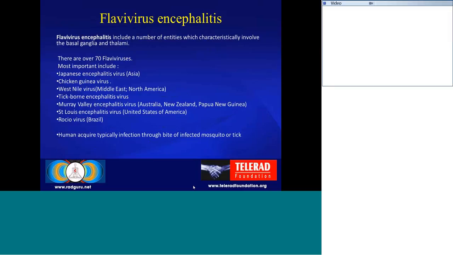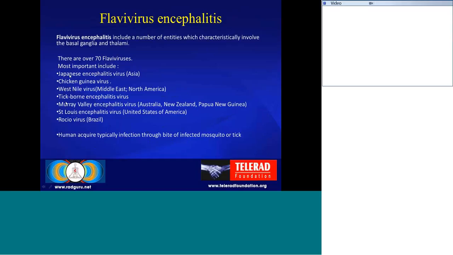So coming to the different types of encephalitis, we have dealt with herpes simplex encephalitis, the types of virus which are all DNA virus. Now we are coming to the RNA type of virus, which have a characteristic involvement: they involve only the basal ganglia and thalami. And there are 70 Flaviviruses which infect humans, and usually acquired through bite of